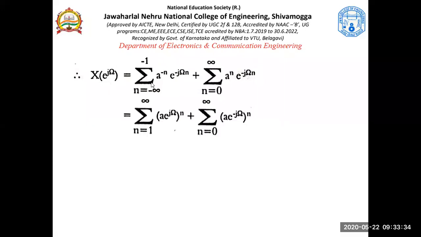So what is done here? These minus signs are gone, so that means n is being replaced by minus n, or minus n is being replaced by n. That's it. I just want to get rid of this minus, so you multiply minus to this n, and it would become plus infinity to plus 1. So plus infinity to plus 1 can be written as 1 to infinity, not a problem. Interchanging this would not make any harm.